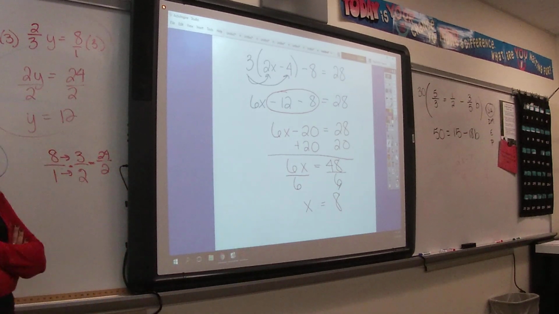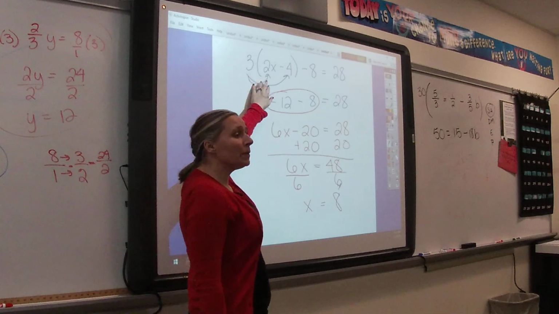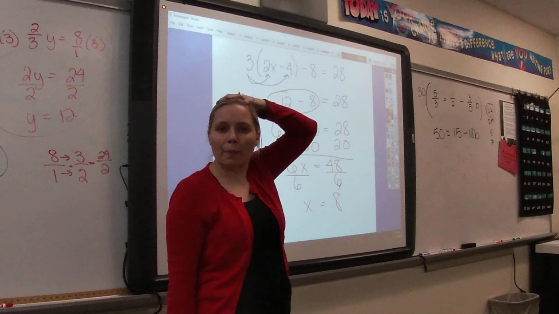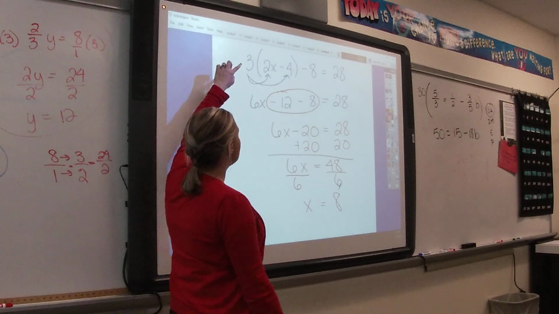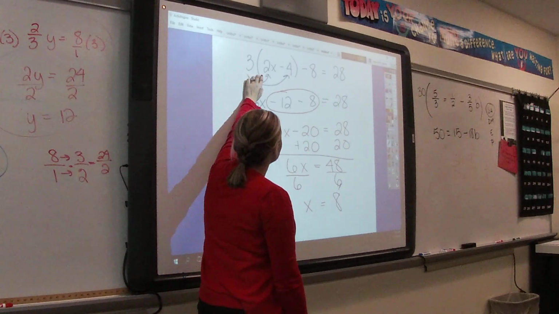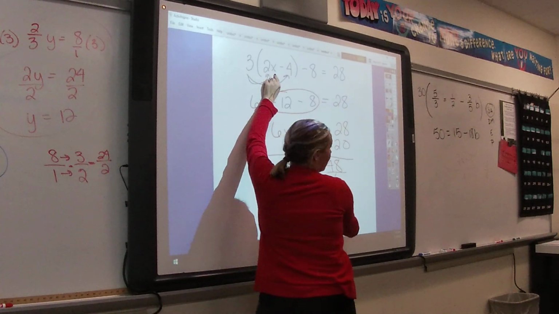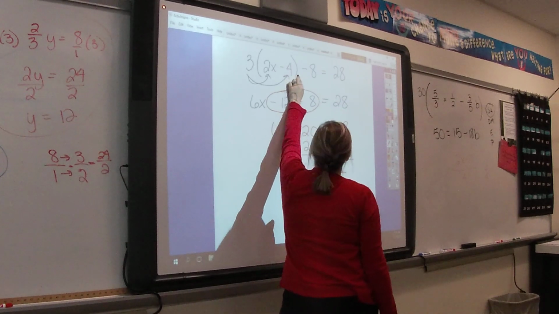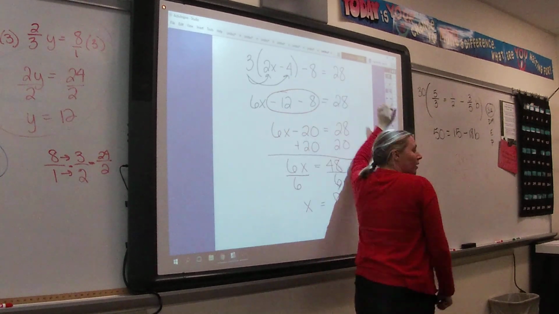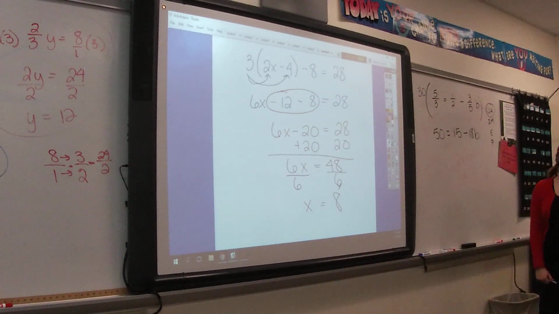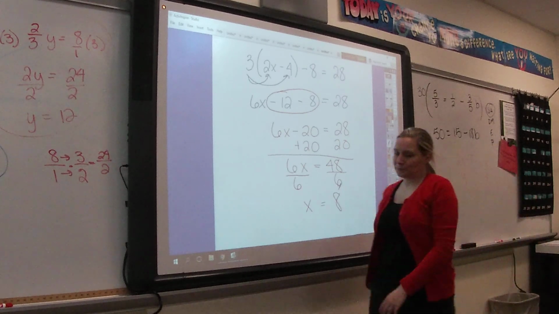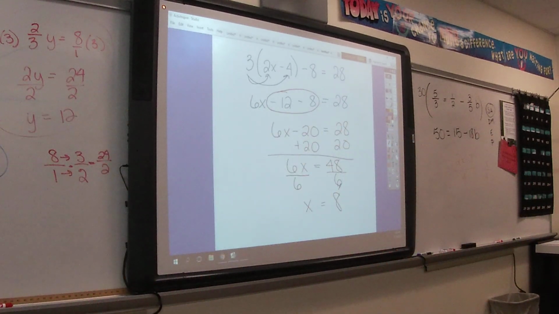How could we check and see if we're correct? Substitute it back in and type this in like it was an order of operations problem. So you type into your calculator 3, open parenthesis, 2 times 8 minus 4, close parenthesis, minus 8 equals, and your calculator better spit out 28. Okay, so here's where we're at. I can stand up here and I can